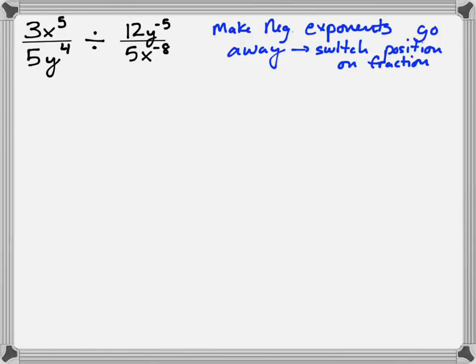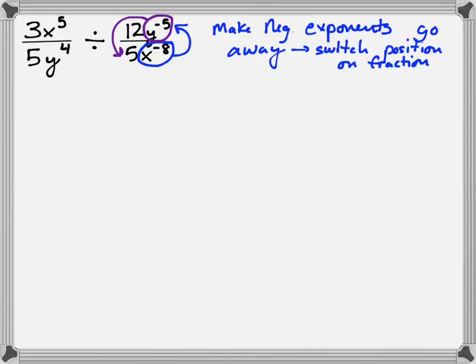The way I make this happen is if I see a negative power, it just needs to switch position from numerator to denominator. So for example, if I want this x to the negative 8th power to be positive, it's got to go up above. And likewise, if I want this y to the negative 5th power, it's got to go down below. Now you'll notice the 12 and the 5 have nothing to do with those negative powers. Now if they were in parentheses, then yes, they would have to move as well, but they're going to stay